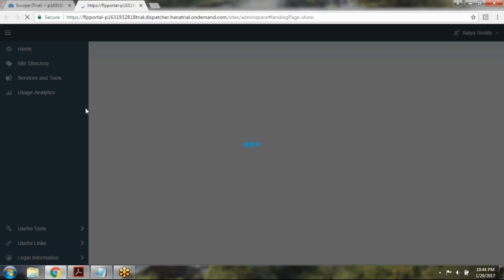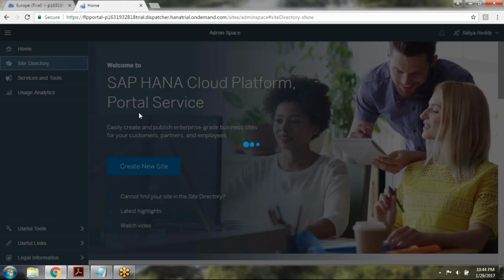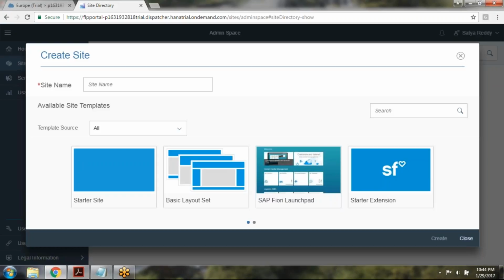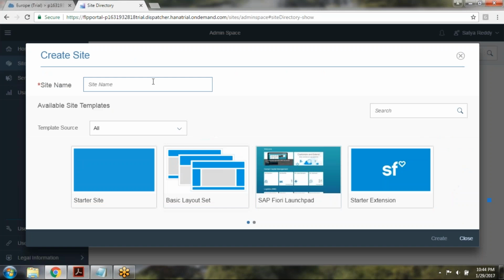Okay, now here you have a site directory. Click on that. Now you need to click on the plus symbol. Now give the site name. Let's say I am giving the site name as Satya Reddy Fiori Launchpad 1